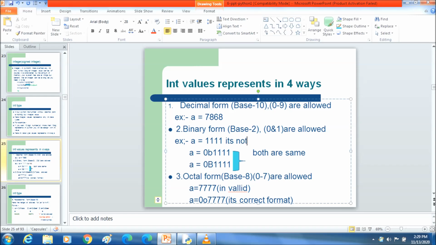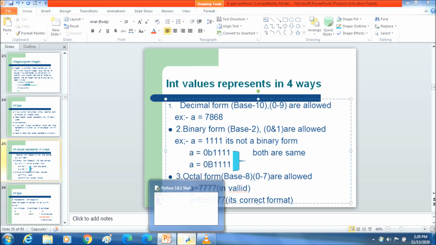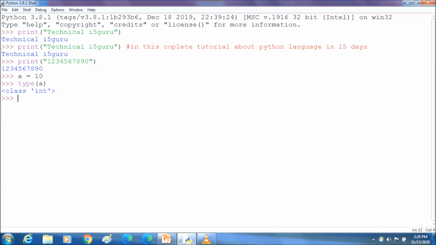If you want to specify a binary value, you should compulsorily write 0b at the start of the value, like a equal to 0b1111. When you call a, you will get the output 15, the default value.